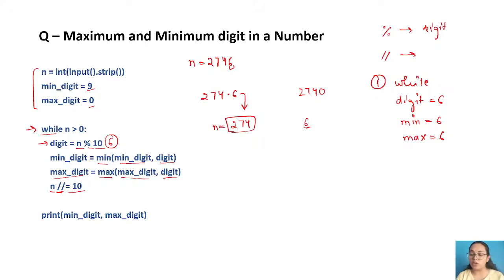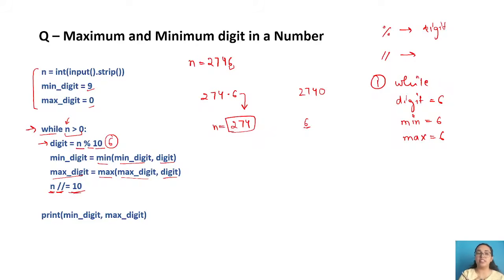And this is very important, because we all know whenever you are running a while loop, whatever the condition, whatever the variable you are having, you have to update it, right? If you don't update it, it is going to be stuck in an infinite loop. So here we are dividing that n variable only.